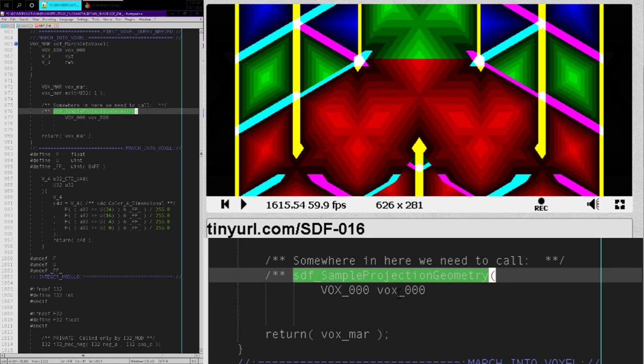However, that's kind of wasteful because remember, we cannot pass anything by pointer in a GLSL shader. Everything is passed by value, and this vox object is pretty big. So we might want to avoid wastefully passing this object around when we don't need all of that data in there, right? The only thing we really need is the 3D location of the pixel within the voxel, the local coordinate of the pixel within the voxel, which is a three-dimensional coordinate. However, we can use a one-dimensional index to locate that,